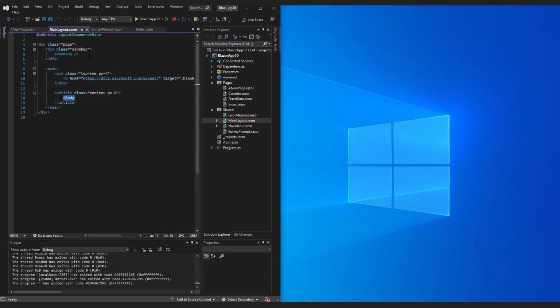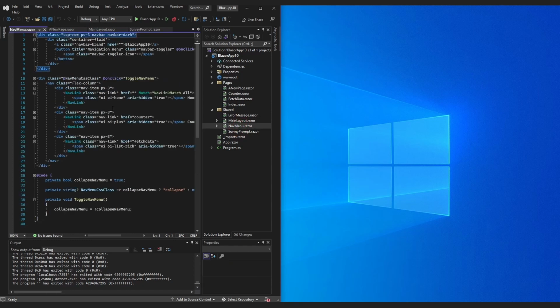Now, when we were looking at the main layout page, I mentioned that the nav menu is actually a Razor component, which corresponds to the navmenu.razor file. Now, I'm not going to spend too much time looking into this page, as it's something that we can look at in more detail in another video. Just to show you that if you wanted to add a new link to your navigation menu, each one of these 3 blocks here corresponds to the navigation links on our menu.